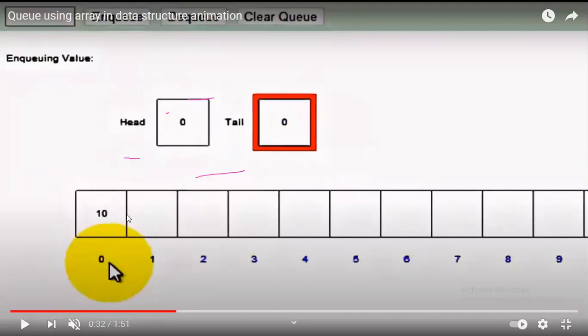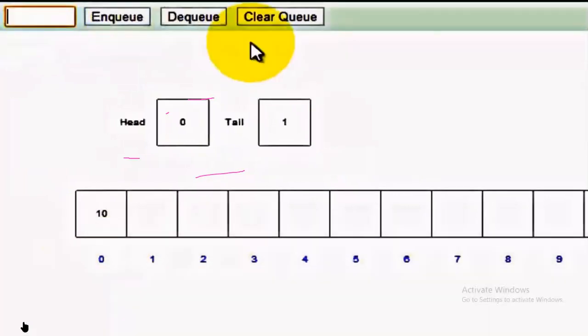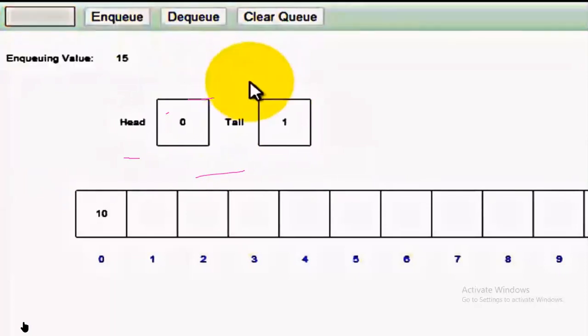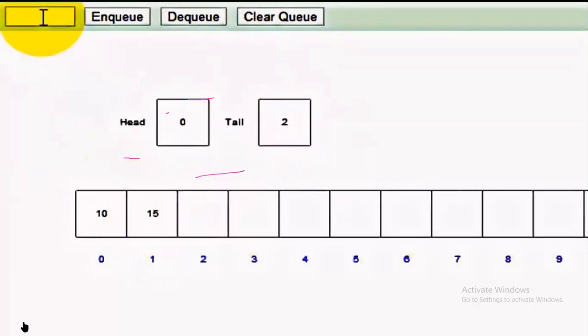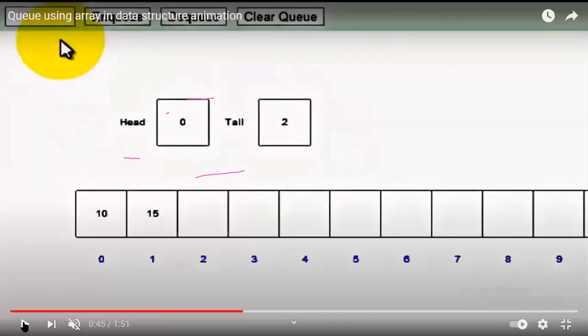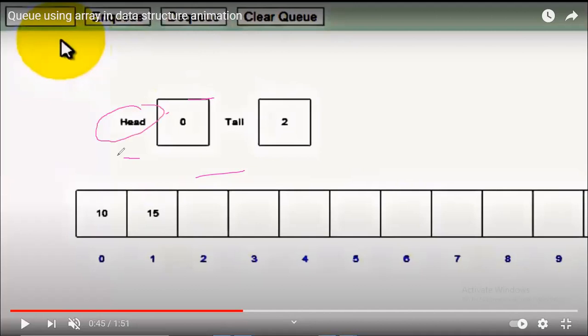Now what happens again? Enqueue with the new element 15. When you insert 15, it is inserted in first in first out order, but the value of tail goes on incrementing, not the head, that is the front. One more word we have used in our program instead of head is front.